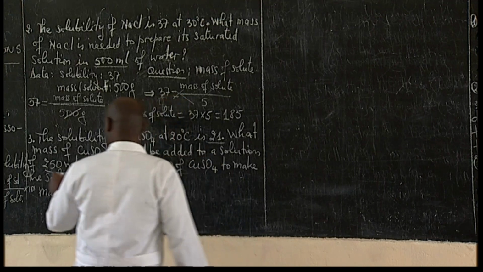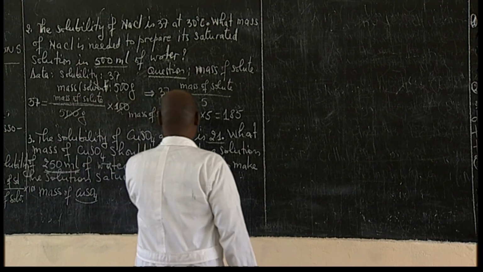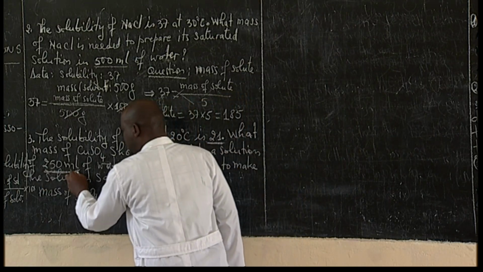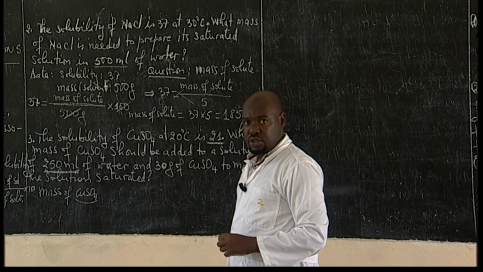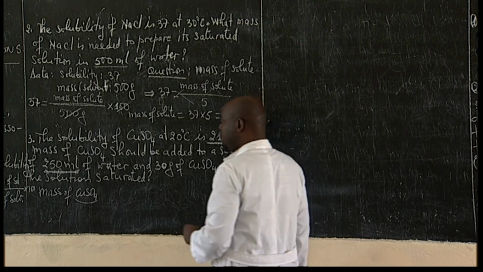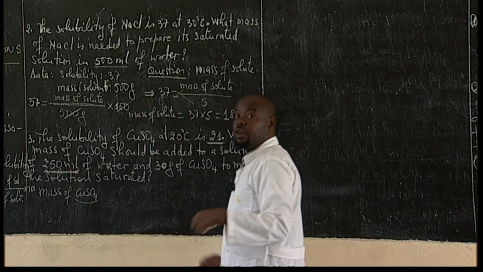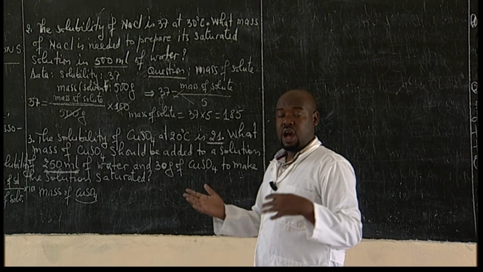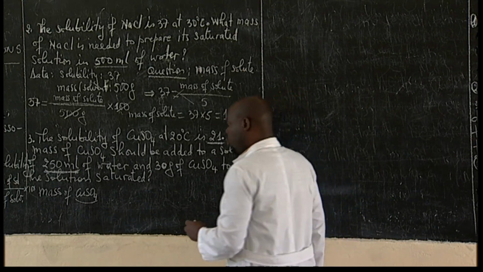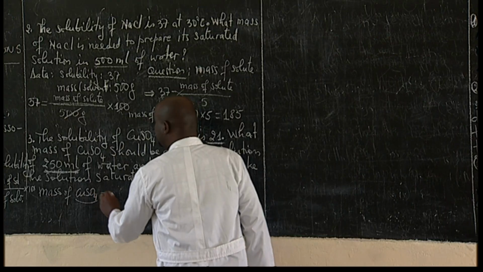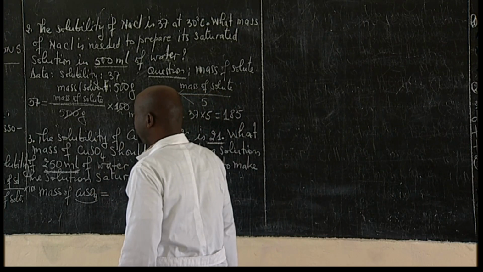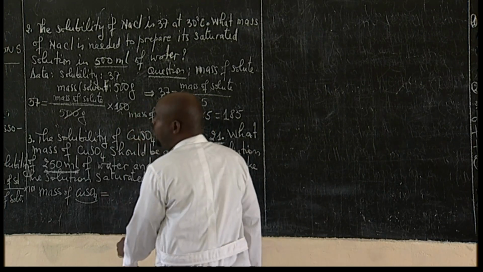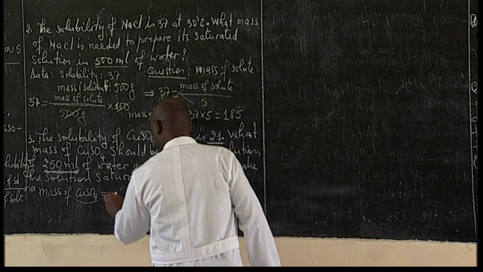So we have this solubility, it's 21, and we have the volume of our solvent, and from the volume of the solvent we have, of course, the mass, because we can use the density and volume to find the mass. So mass will be given by what? From the formula, mass is equal to solubility